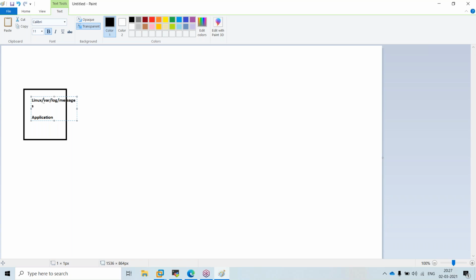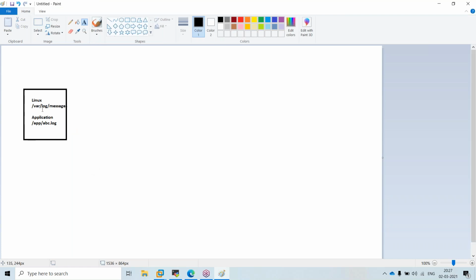There will be logs called messages, which is the OS-specific log, and there will be logs specific to some application, like app/abc.log. This will be generated on one of hundreds or thousands of servers.